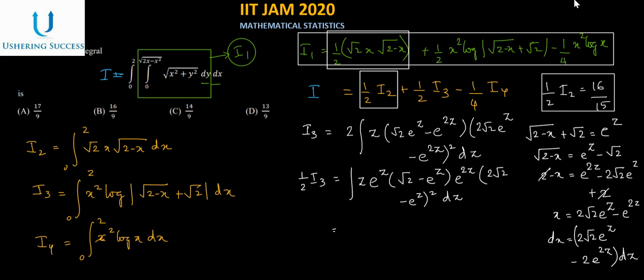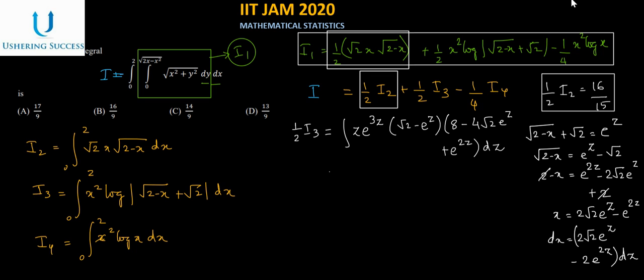So this can be written as integral z e to the power 3z into root 2 minus e to the power z into 2 root 2 minus e to the power z whole square will be 2 root 2 square, which is 8, minus 4 root 2 e to the power z plus e to the power 2z dz,